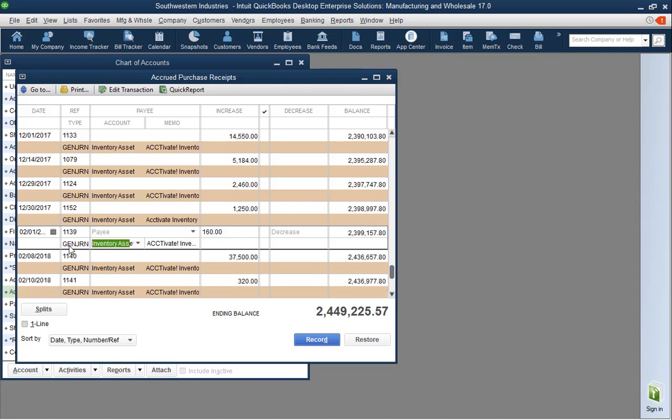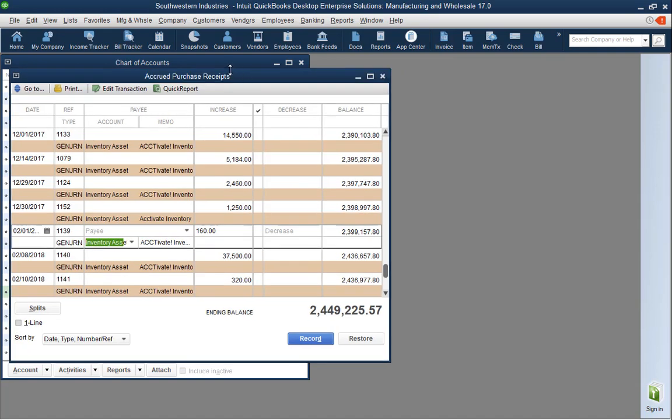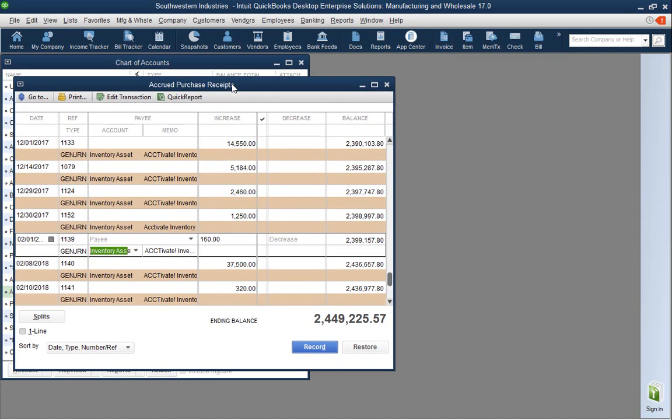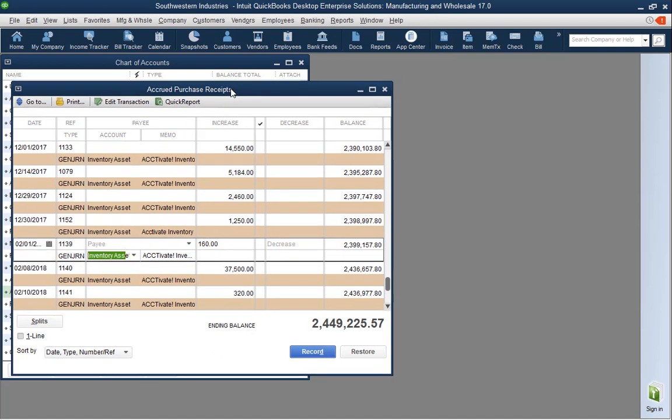So it hits your inventory asset account and then offsets to this accrued purchase receipts account. This is really just a holding account. It's going to stay in accrued purchase receipts, and then when a PO invoice or vendor bill is released in Activate from that PO, that value gets moved out of accrued purchase receipts and posts over to your accounts payable